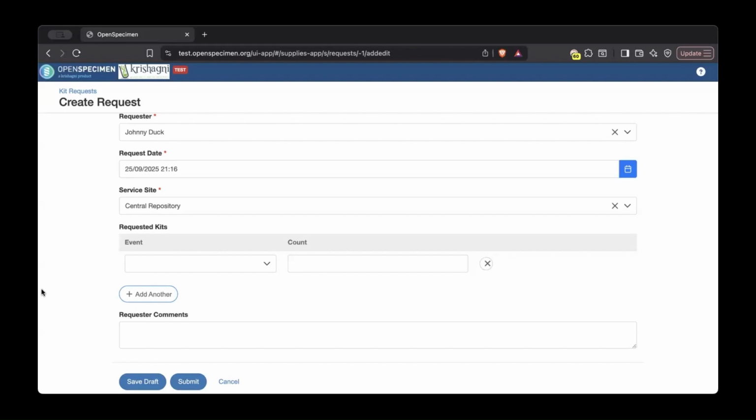Okay, so anything else? There were a ton of comments on the pick list, so if anyone wants to